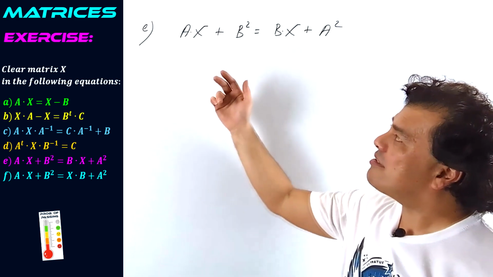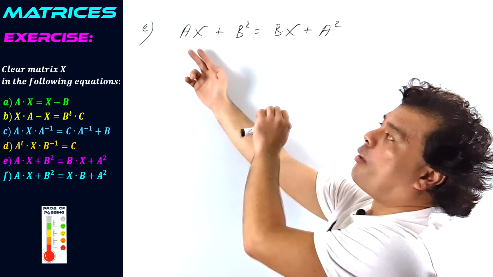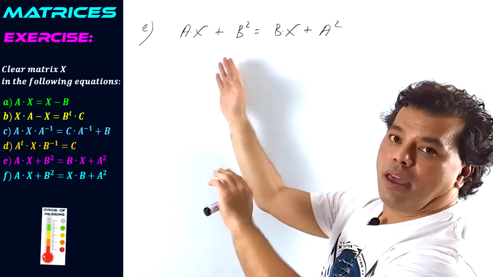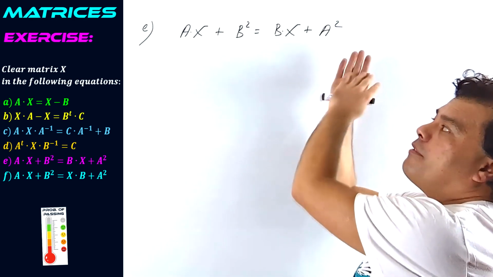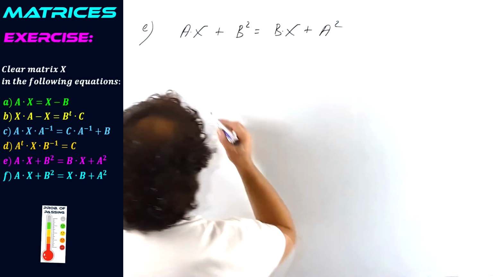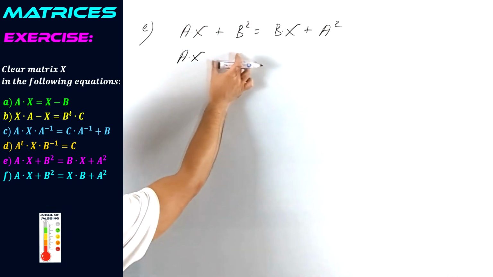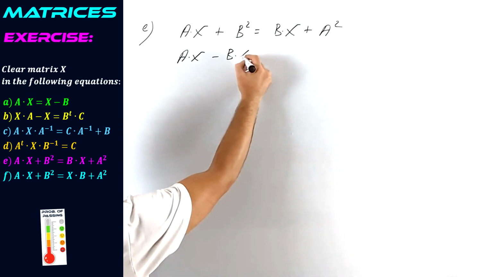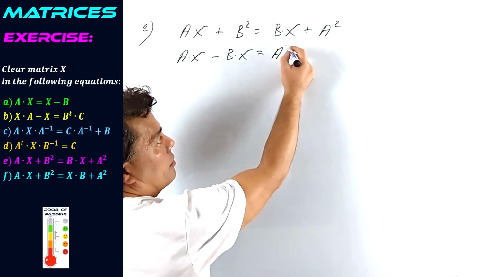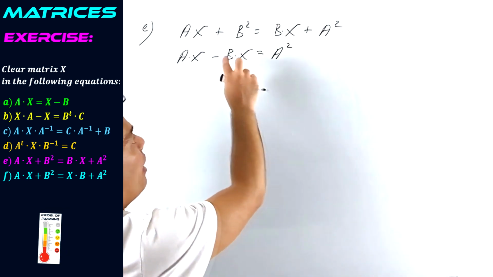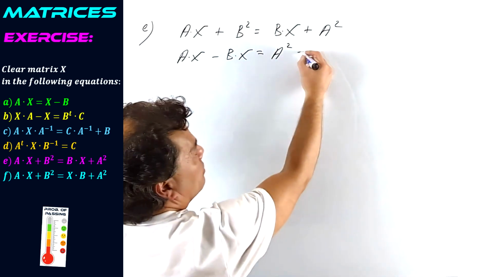Well, you can see that matrix X is in these two terms. Why don't we move both of them to the left? And terms that don't have matrix X, we're going to move to the right. And we have A times X minus B times X equals A squared, that is already on the right side, and we're moving to the right this expression, minus B